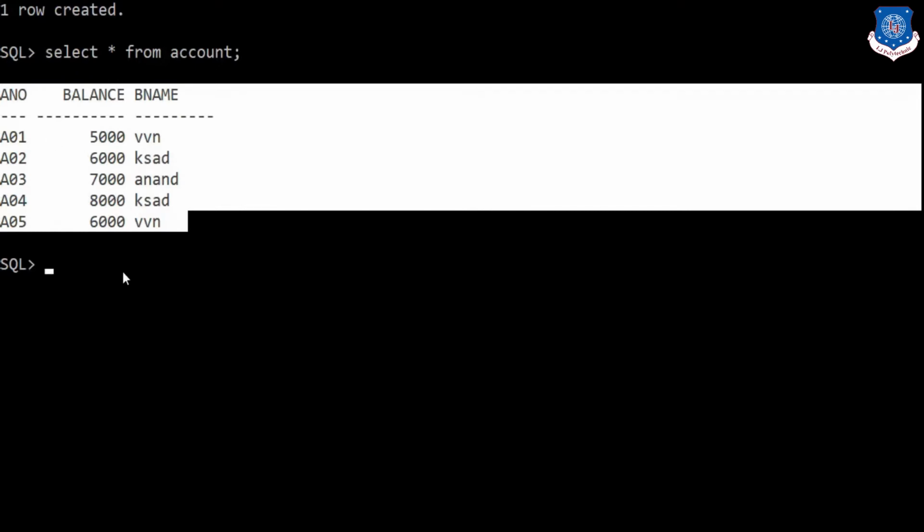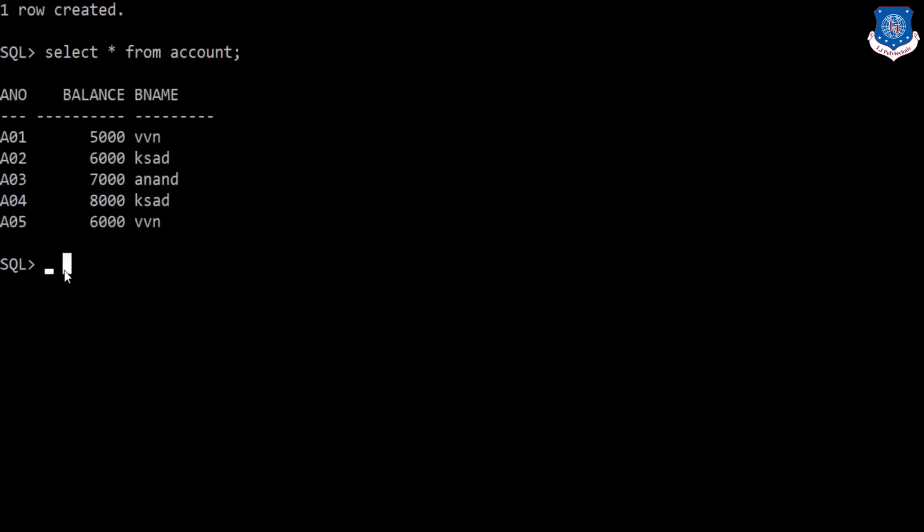Now let's create another table which is account holder table using create command. Create table account_holder. Here I have mentioned underscore between two words because I cannot leave blank in the table name. So I have specified underscore over here.